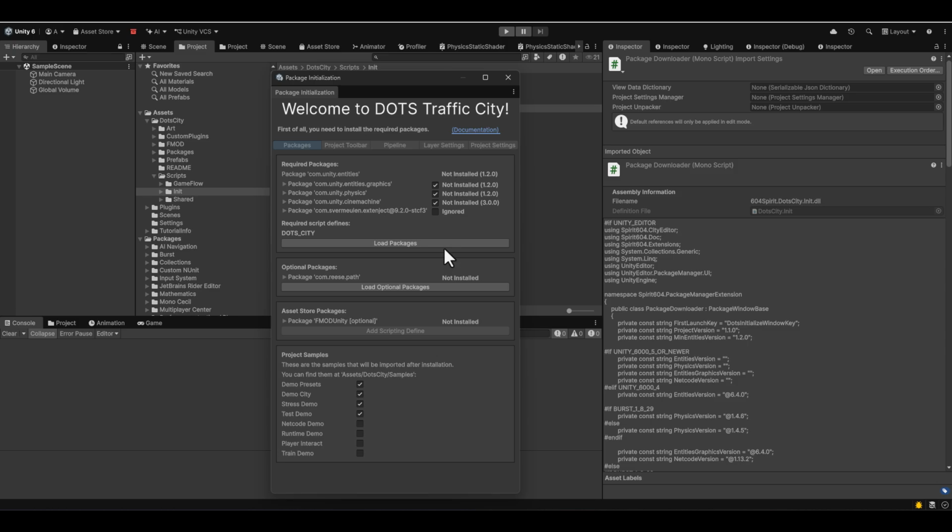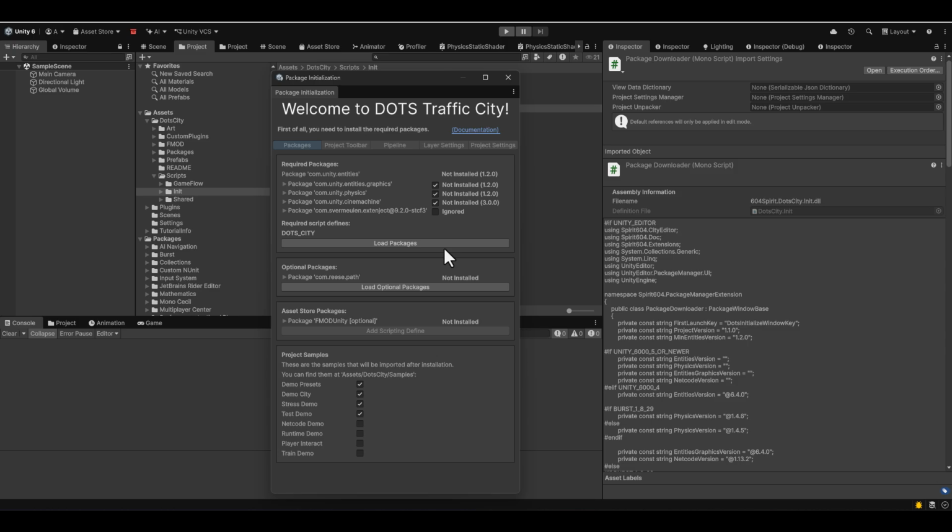This is an introductory video, so let me first introduce the project. The DOTS traffic system is a powerful tool for creating massive city traffic based on the Unity DOTS Entities package. With this asset, you can build your own high-performance games for both PC and mobile devices. This comprehensive, all-in-one tutorial will guide you step by step through the entire setup process, from installation to a fully